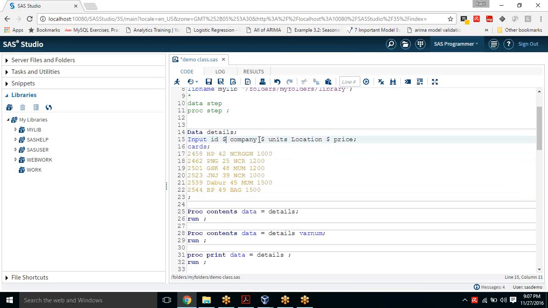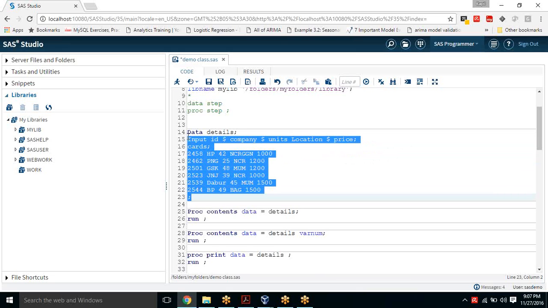The dollar symbol denotes a character value, so it goes in front of company because it's going to be character. Units is going to be numeric, so there's no need to enter any symbol in front of units. Location, character; price, numeric. Now at the end, put a semicolon, select the statement,